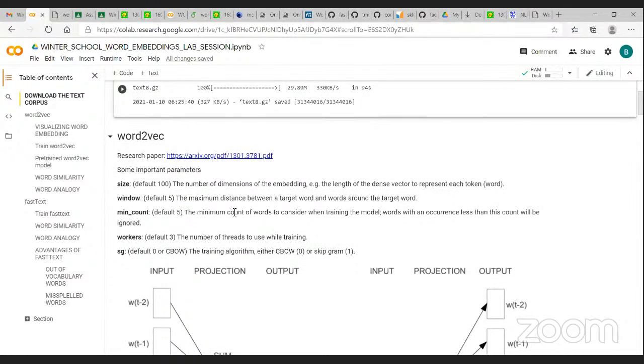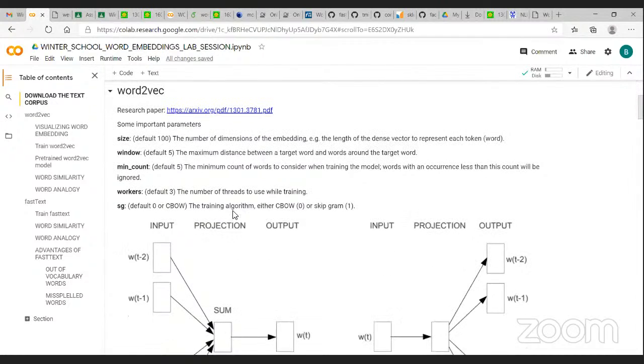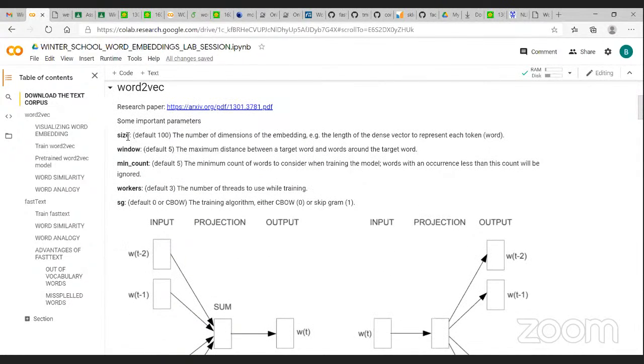What are some of the important parameters of word2vec? First of all is the dimension. The default dimension is 100, and the dimension means that when we convert a word into a vector, this is the length of that vector. The default is 100, and it describes the length of the dense vector used to represent each token or word. The next important parameter is